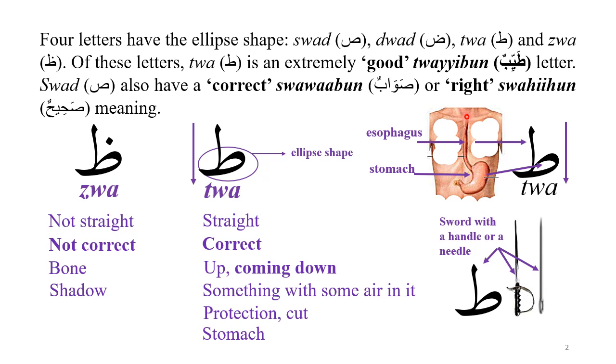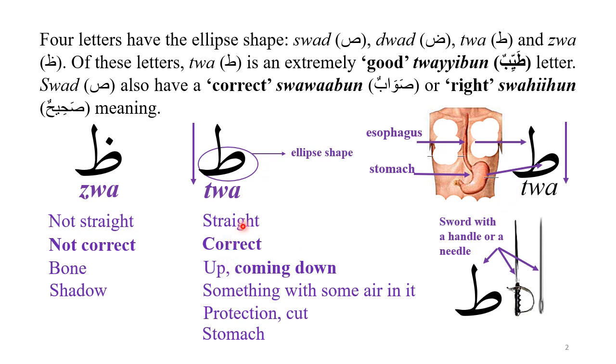It looks very much like this. The straight part is so twa basically consists of the alif and the ellipse shape. So alif and ellipse shape, and it's coming down. It can also mean to go up, right? Twa is like the esophagus, this alif part, and then this ellipse part is like the stomach. So the meaning of the letter twa is related to the stomach and its properties, such as